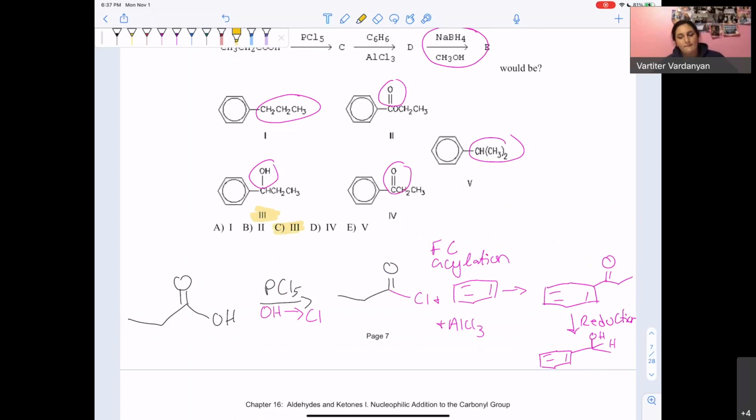Are you missing a bond in the reduction? Yes, I am. Okay. Yeah, there we go. I don't know why I kicked that last carbon off at the end, but